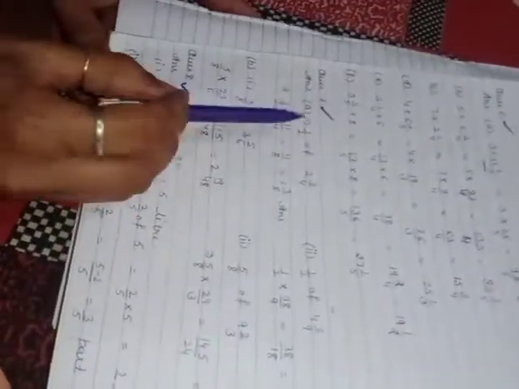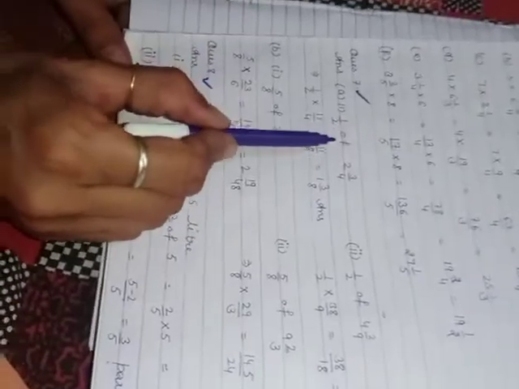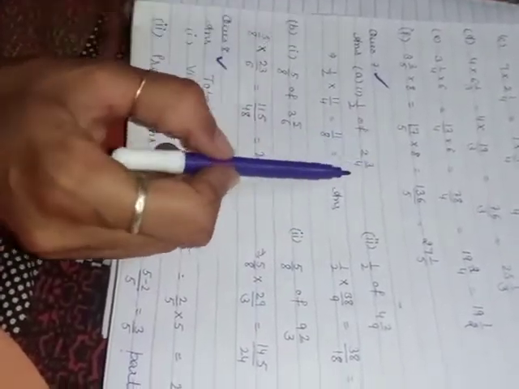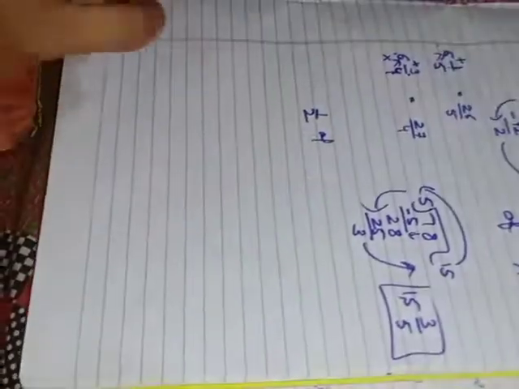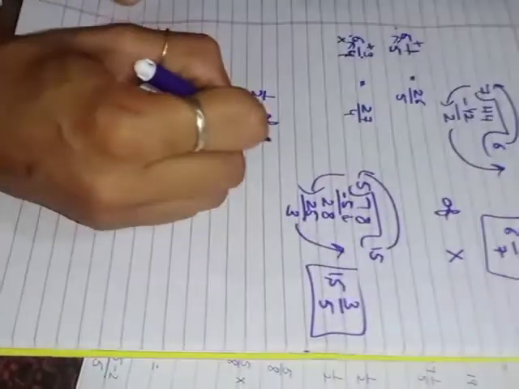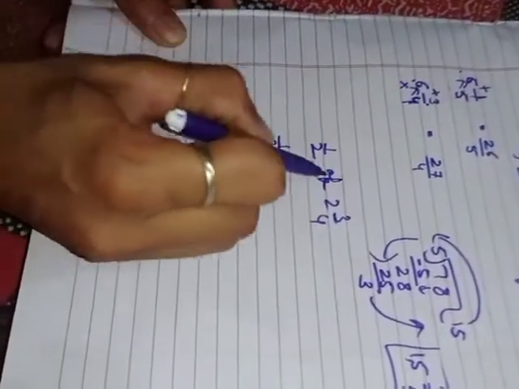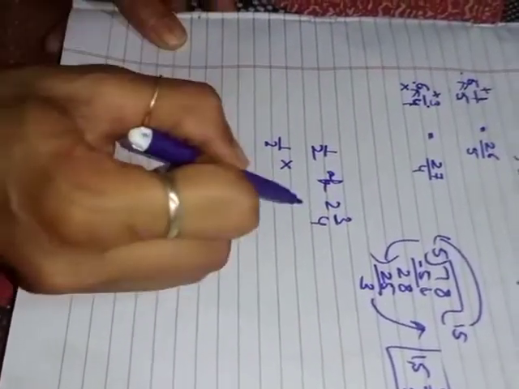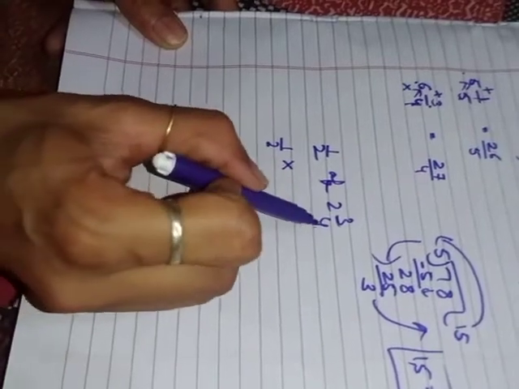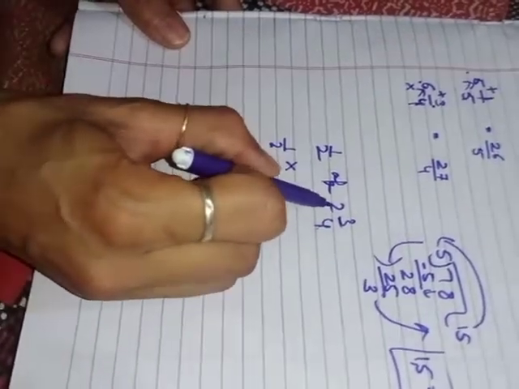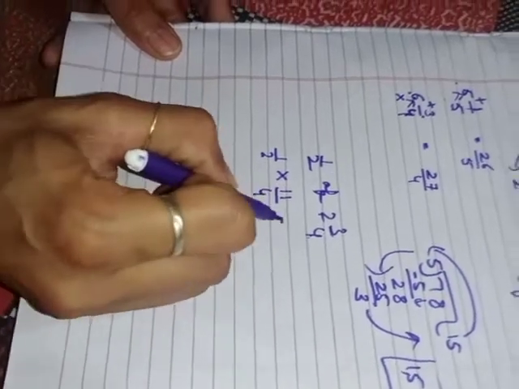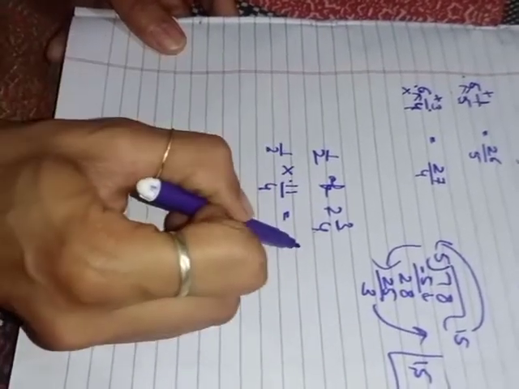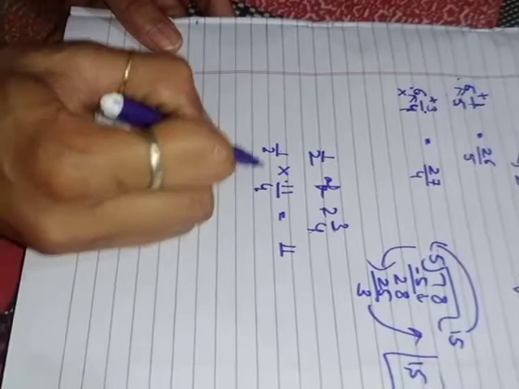Now come on to the seventh, that is 1 by 2 of 3 2 3 by 4. So 1 by 2 remains the same, and of means, I told you, multiply. Now change it into a simple fraction. So 4 2s are 8, 8 plus 3 will be 11 by 4. So multiply 11 with the 1, and 4 with the 2.